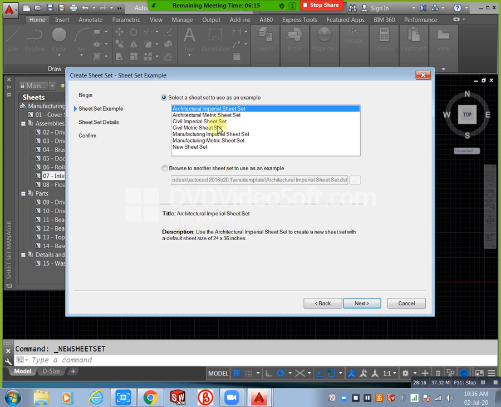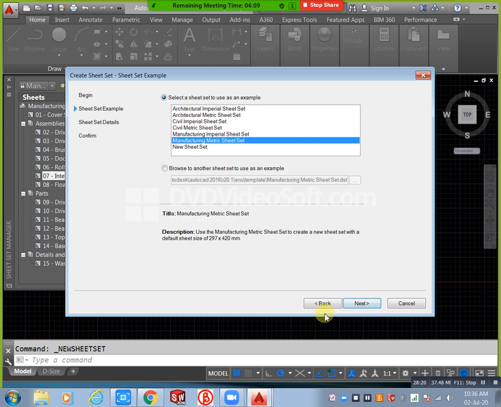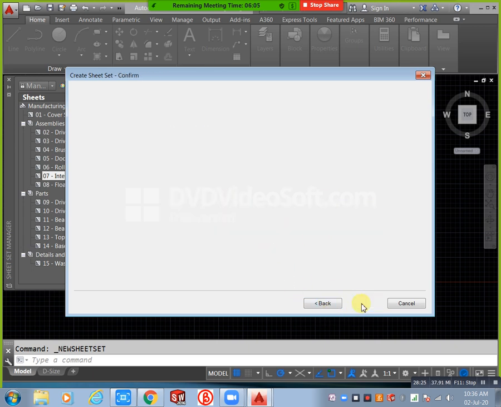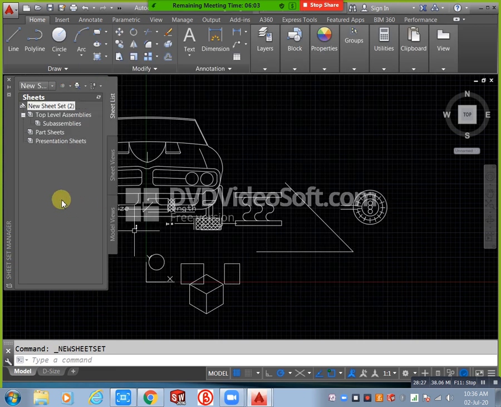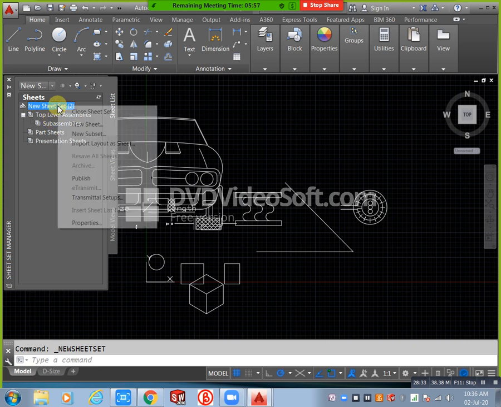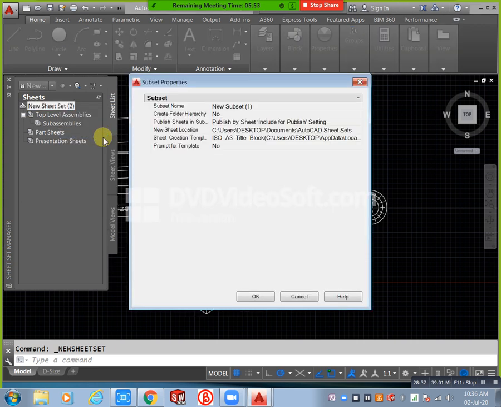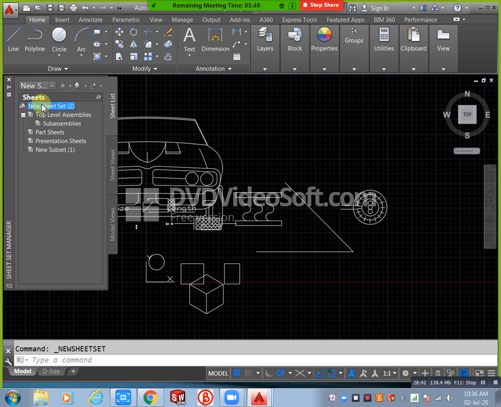Okay, you can create like this. If you need a subset, you can create it from the subsheet set. Now from this sheet we have one more subsheet. You can apply sheet creation like this and add the remaining. Remove, rename, publish. Import layout as a sheet: the layouts we created can be imported directly by browsing, and they are converted into sheets. Then you can see all your sheets here.